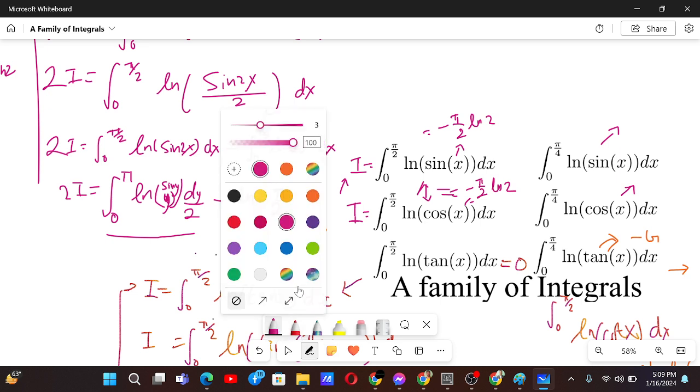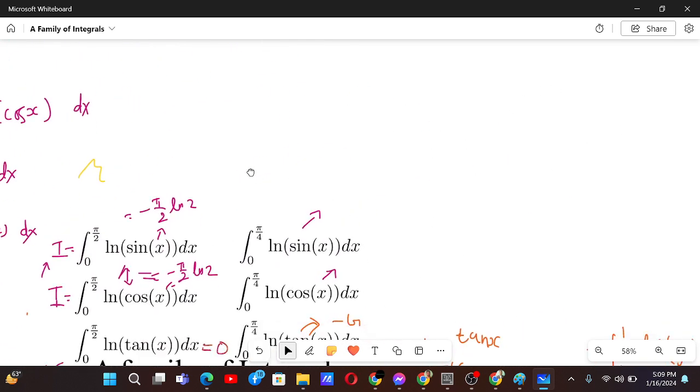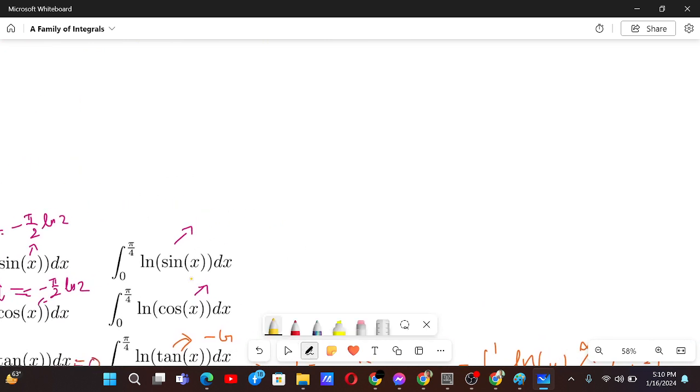Now let's use the next color, yellow, the bright color. And let's move. Now for these integrals as well, according to how we did for tan, we can just let this be y. Then y equals sine x, sine inverse y equals x, and dx becomes dy by root under 1 minus y square. And in the denominator we will have something like ln y by root under 1 minus y square dy. And now you can use binomial expansion and so on,